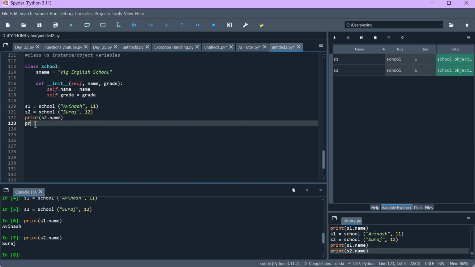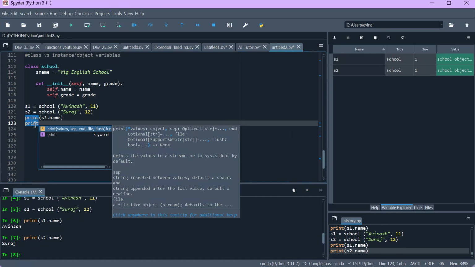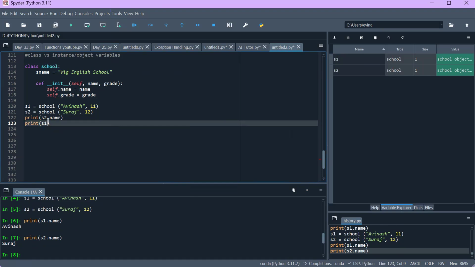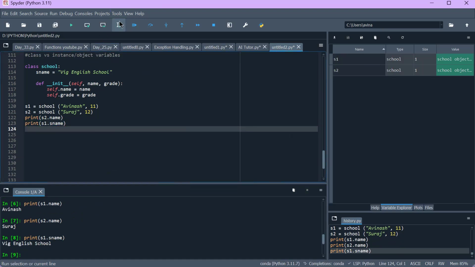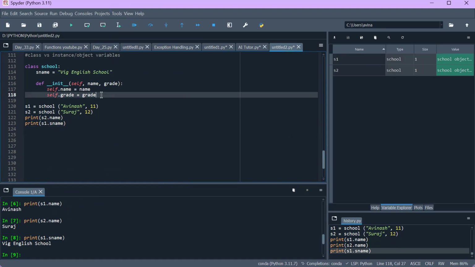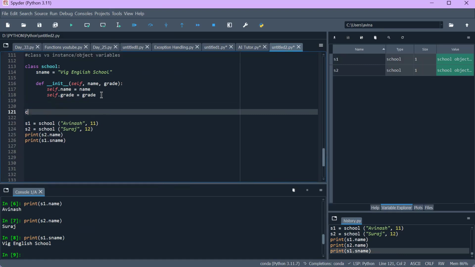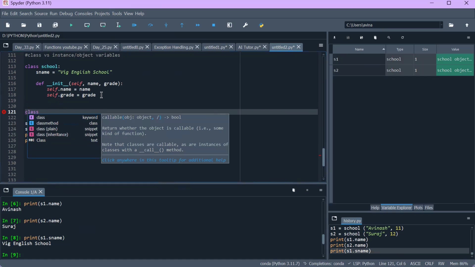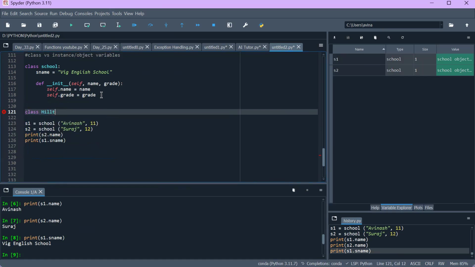and what if I want to print my school name? So what I will do? I will just write here print s1 dot sname. So it's being this school. Similarly, you can create various classes. For example, let me create one another class, and I will write here hilltop,